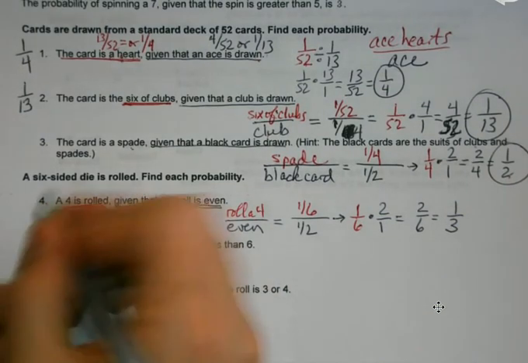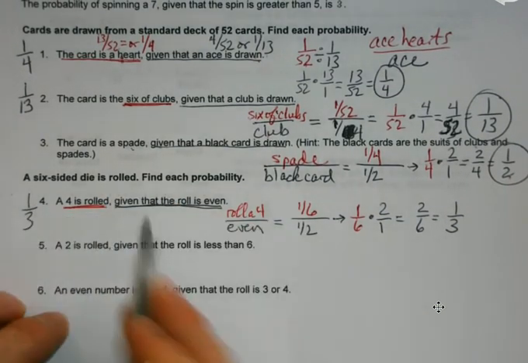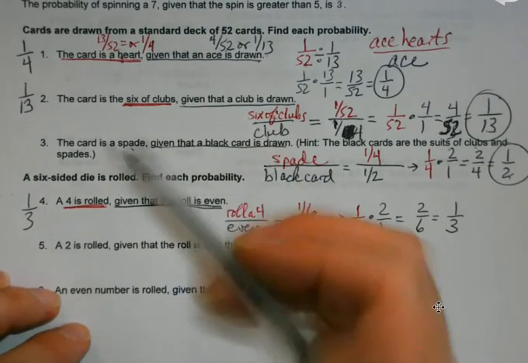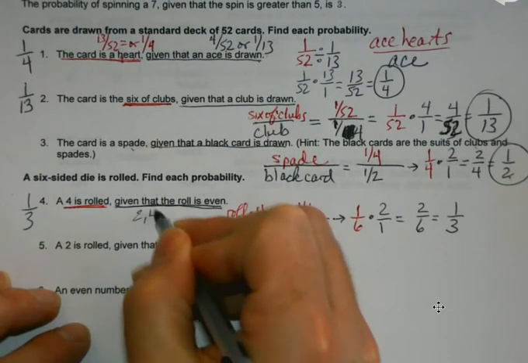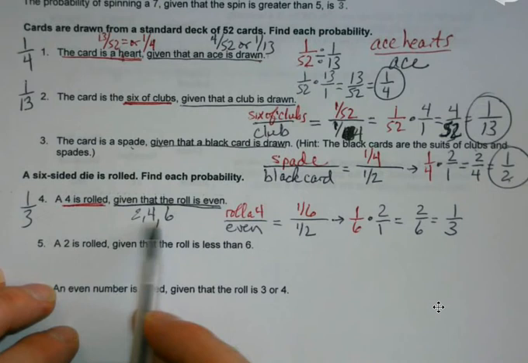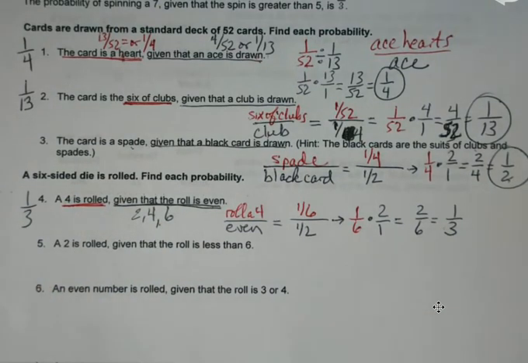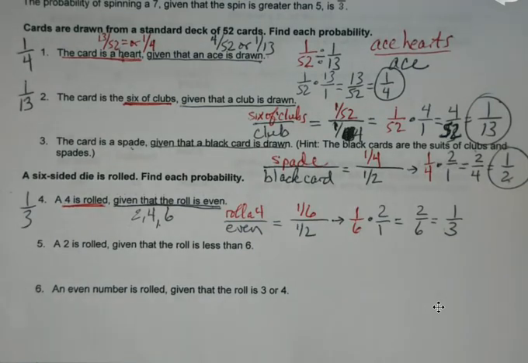1/3. Now let's think about this for a minute. Given that the roll is even, there's 3 options. It could be 2, 4, or 6. So given that that occurs, the chances of getting a 4 is 1 out of 3. So again, if you can think about it that way, go to that. And if you're not sure, be like,